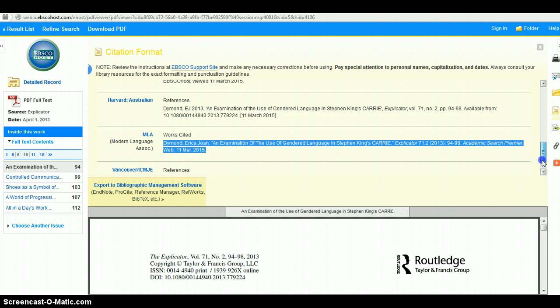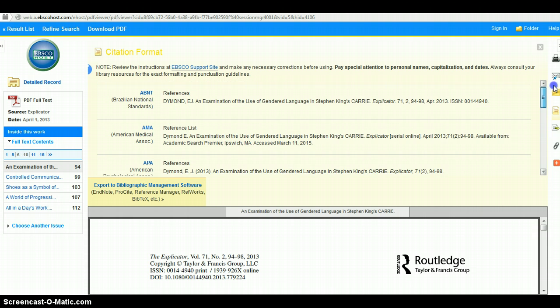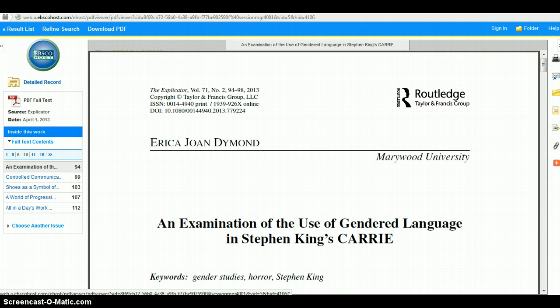So again, don't forget to use that citation feature. It's a great starting point. Now, I'm going to go back to my result list